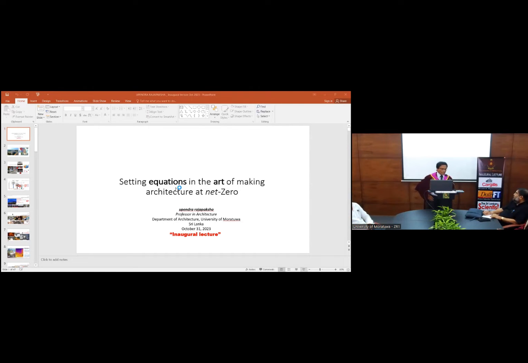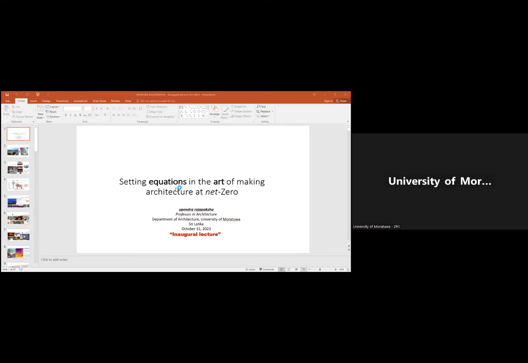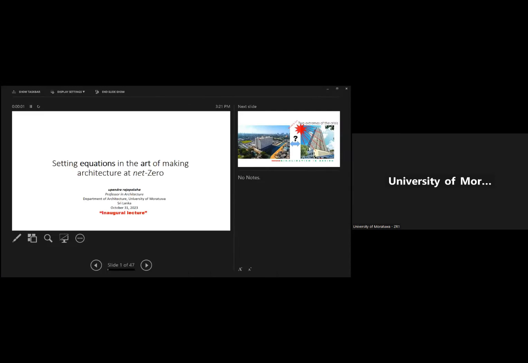So architecture usually demands energy. It needs energy at different stages. Particularly, architecture needs energy during the operational stage, which is very extensive. So my effort today is to show you how interventions can be introduced to minimize this demand, and then minimize the emissions due to buildings, and then how we can mitigate the problem of climate change.